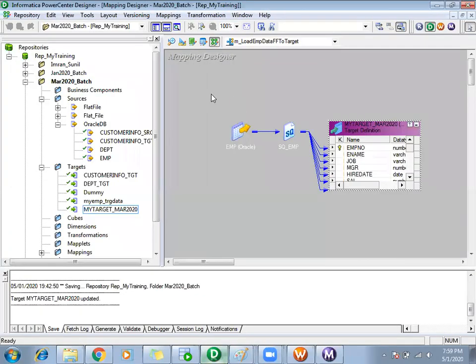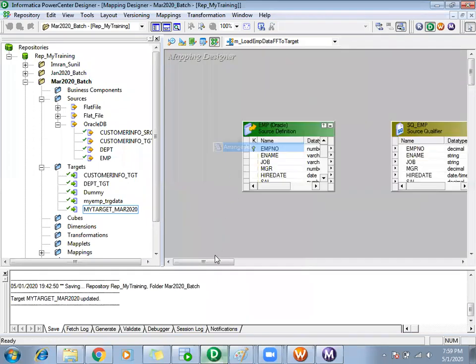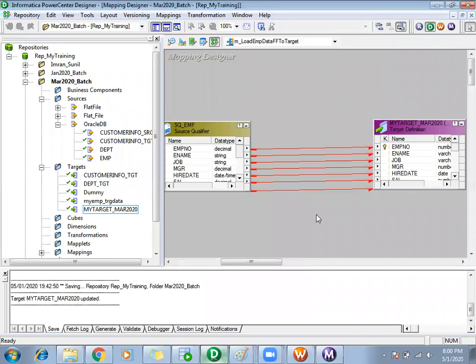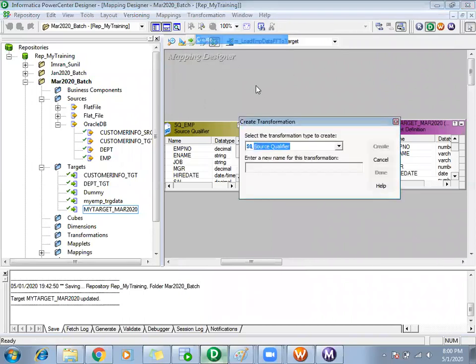So what I'll do is, now in between this source and my target, I will use the update strategy transformation. It will disconnect in a minute, guys. We will quickly connect again.